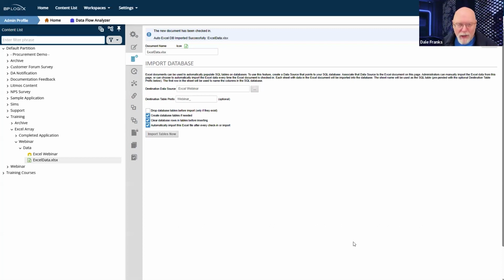The table doesn't get dropped, it remains, and I can re-import the data over and over again. However, it's going to clear the database rows before it inserts the new rows. So whatever data exists in that table is still going to get deleted, but it's not going to drop the table. It's not going to change my data types. None of that is going to happen.